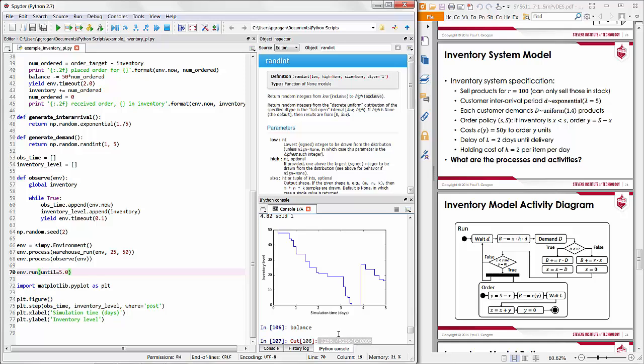Our balance was stored as the balance variable. This particular run recorded a final balance of about $3,250. There's a real risk to having too much inventory on hand. The holding costs associated with having this much inventory may actually outweigh the benefits of being able to sell to the last couple of customers. So you need to do a careful analysis across a large number of random number seeds to identify what is the